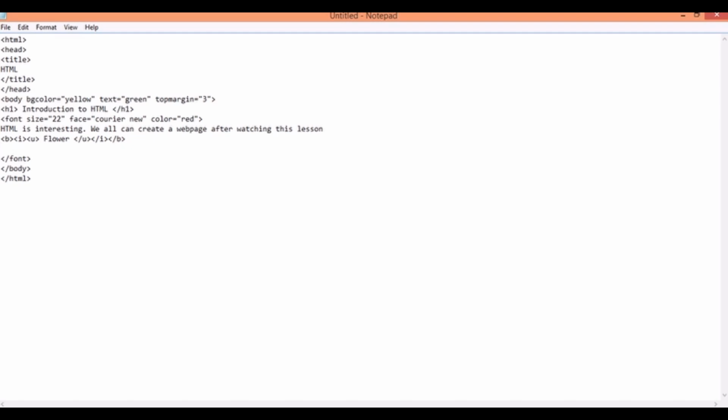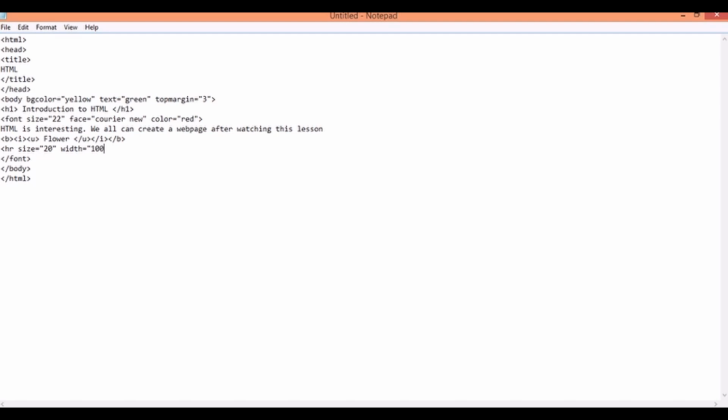So after this, we are going to draw a line using the tag which is called the HR tag. It stands for horizontal rule tag. For this also, we can set the size, which is 20, say suppose. You can decrease the size, you can increase the size. You can set the width of the line as well, so it will change according to the browser window.